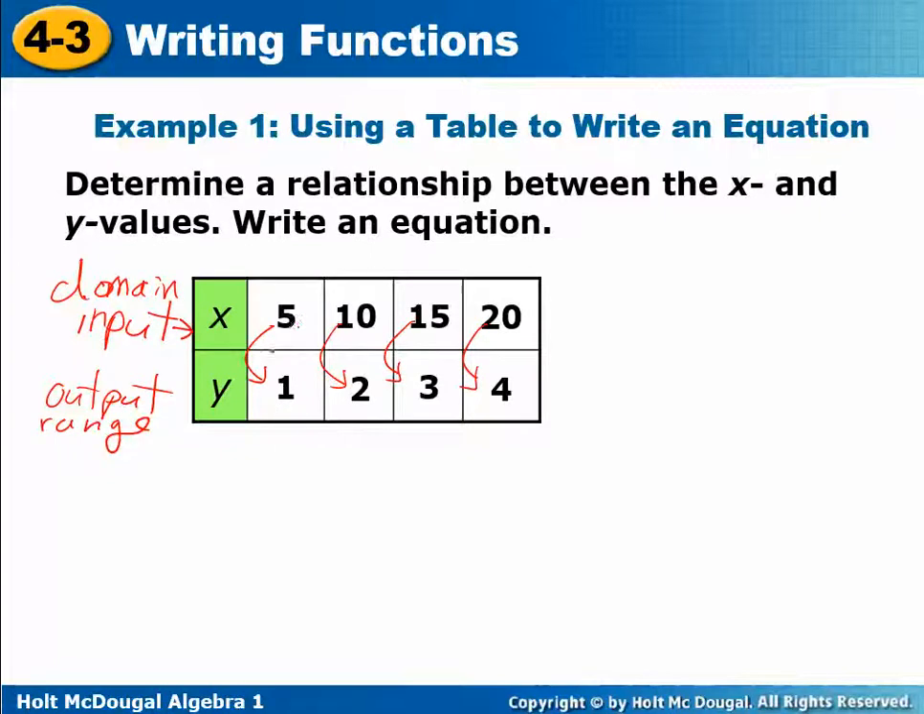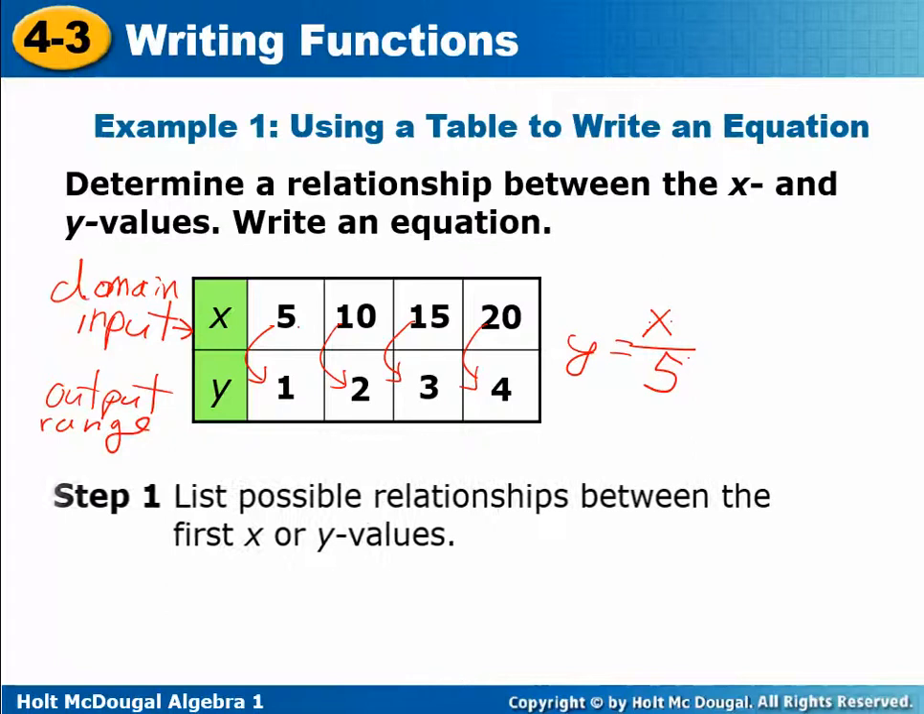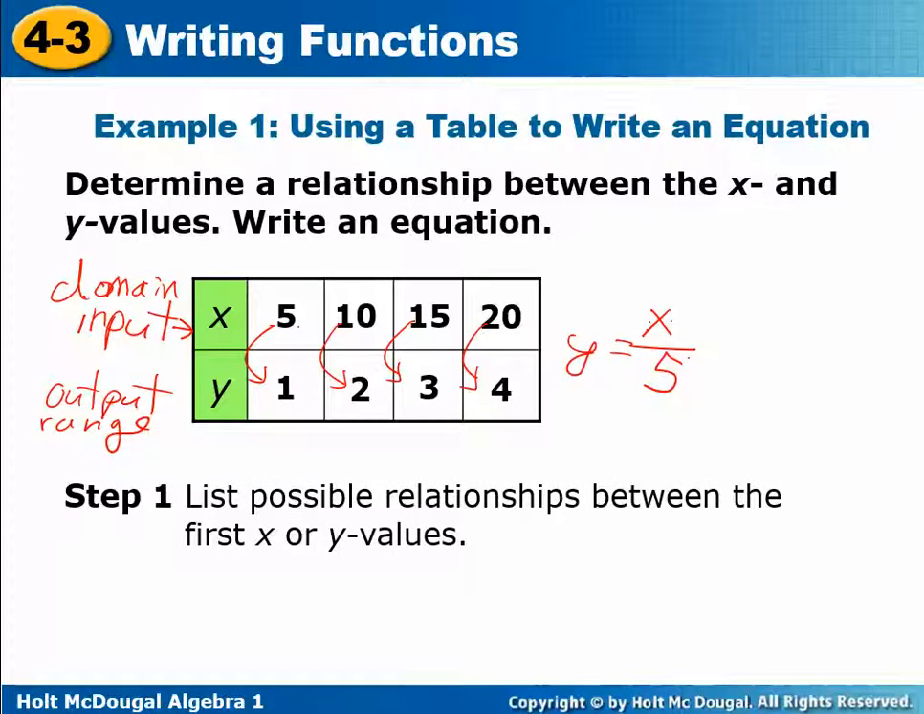So let's see, I could take 5 minus 4 to get 1, but that doesn't work for the next one because 10 minus 4 is 6, not 2. So let's see, how about division? 5 divided by 5 is 1, 10 divided by 5 is 2, 15 divided by 5 is 3, 20 divided by 5 is 4. So these are just like little puzzles that you're trying to figure out. If every time I take the x value and divide it by 5, that would equal the y value. So my rule, my function rule, that's what we're really writing here, is that each time,